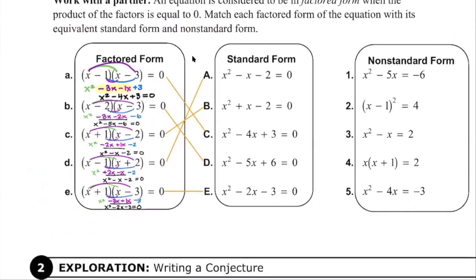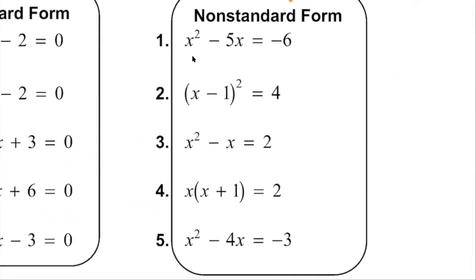So as we move on to the non-standard form, this section isn't going to be nearly as difficult or take as much work. Some of it's just going to take simply moving what's on the right side of the equal sign over to the left, because for standard form, it has to be equal to 0. So let's go ahead and look at that. On this first one, in order to get a -6 to become 0, I have to add 6. Whatever I do to one side, I do to the other, and I get x squared minus 5x plus 6